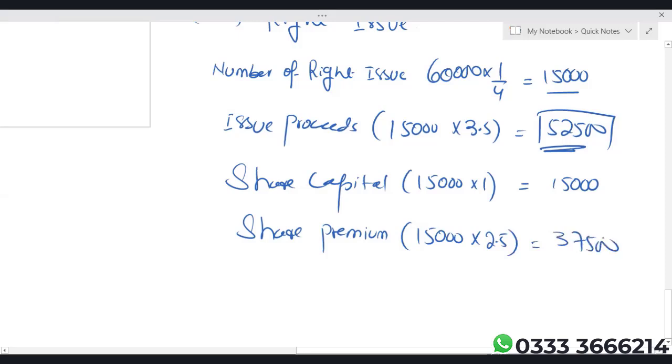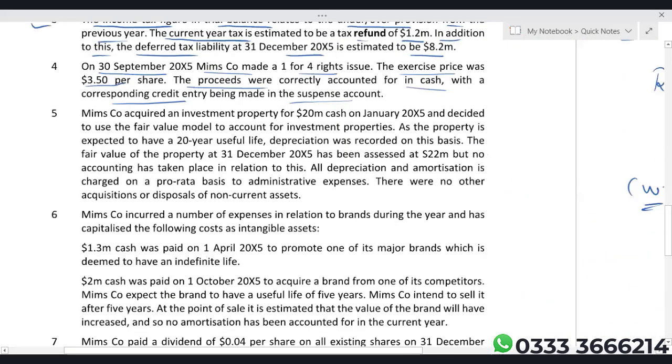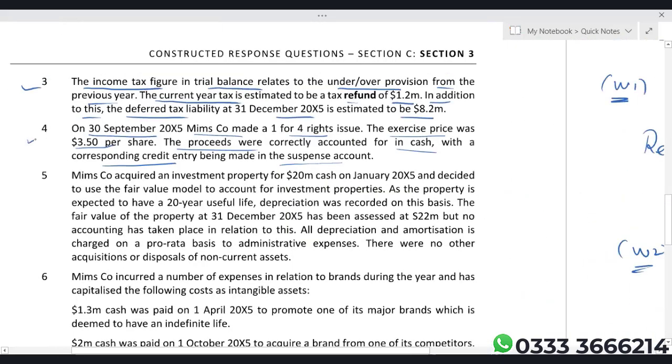So logically, suspense account will be debited by 52,500 and share capital and share premium will be credited. Okay. Now come here. Done with point number 4 also. 5. MIMS Company acquired an investment property, IAS 40, for 20 million cash on January X5 and decided to use